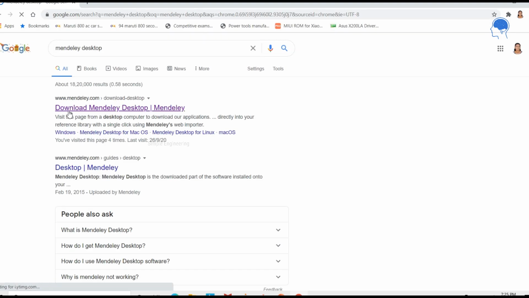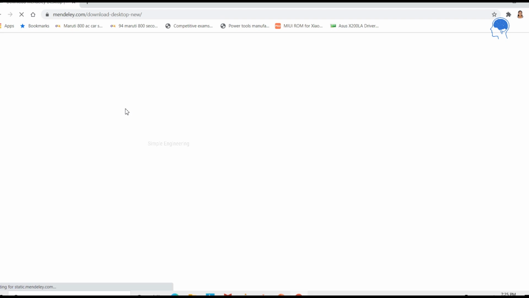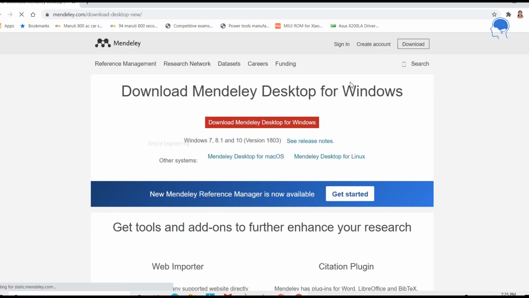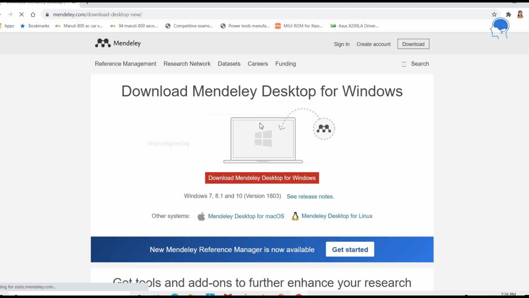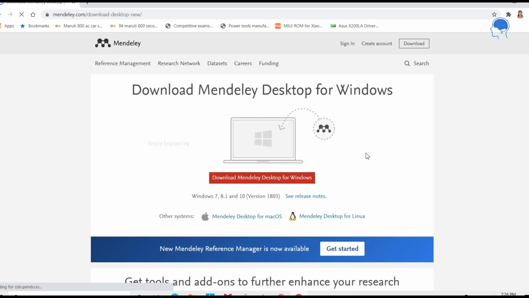You will get a download Mendeley Desktop link that you have to click. You will get a window like this. In that, download Mendeley Desktop for Windows. If you are using Mac OS or Linux, there is a version for everything. So you have to download Mendeley Desktop according to the operating system you are using. I am downloading Mendeley Desktop for Windows.